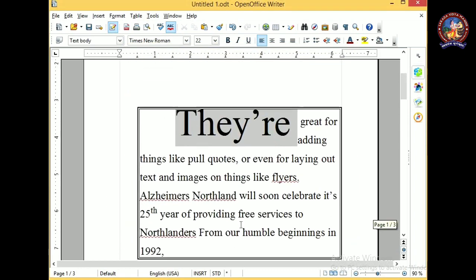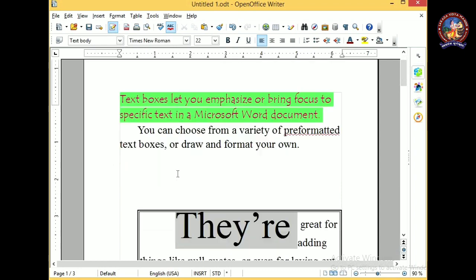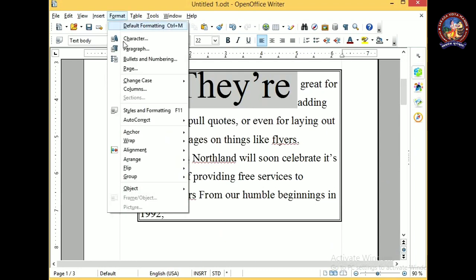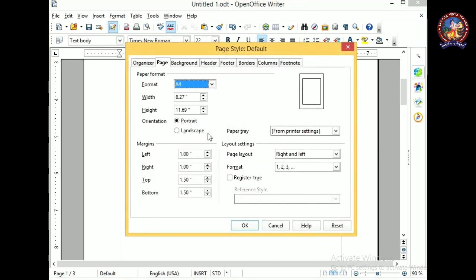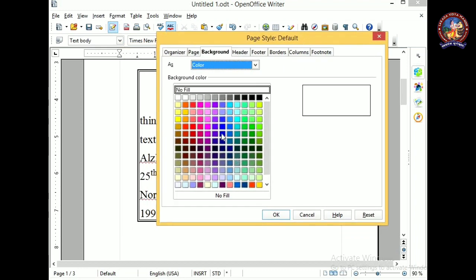You can see at the top it is a larger gap, at the side it is a smaller gap, and the page margin also changed. Next, go to the background. Background means you can select the background color of the entire page, like we have done with the text formatting. So I'm choosing this background. Next,